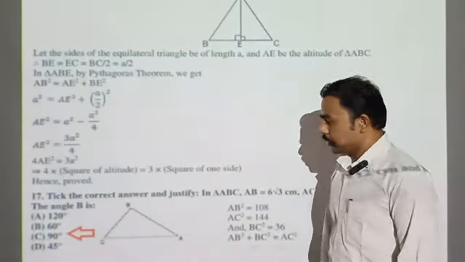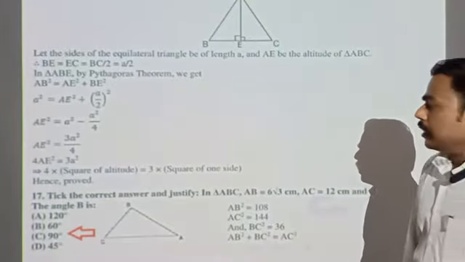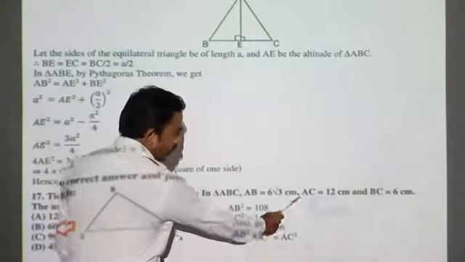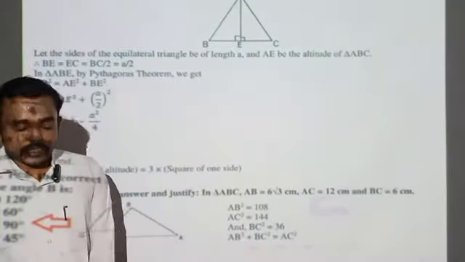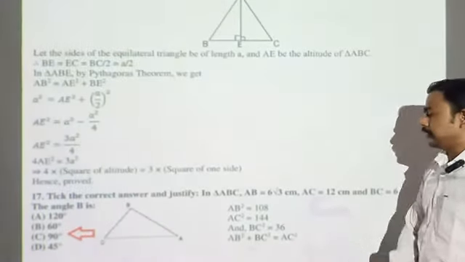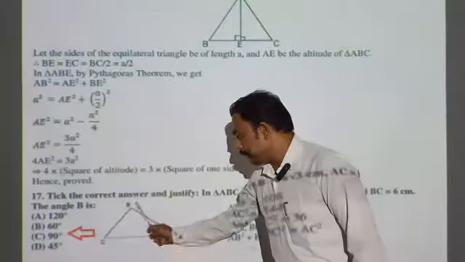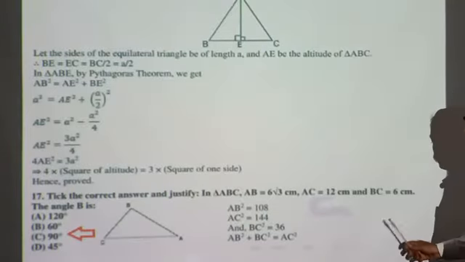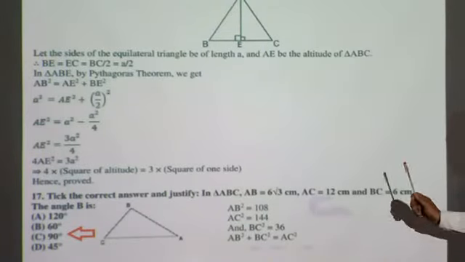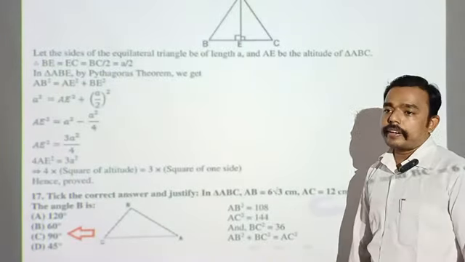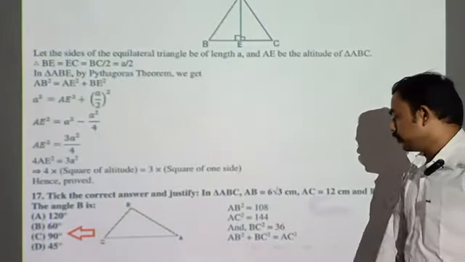Right. Next problem is to choose the best answer, take the correct answer and justify. In triangle ABC, AB, AC and BC are given. So let us look at the numbers. All the sides are given; construct any one triangle ABC like that. Now choose the bigger line. Now AC is 12. 6 is definitely not the hypotenuse side. 6 root 3, 6 into root 3, is 1.73 times 6, so it's also not the hypotenuse.